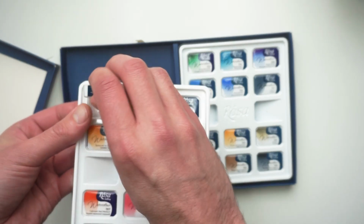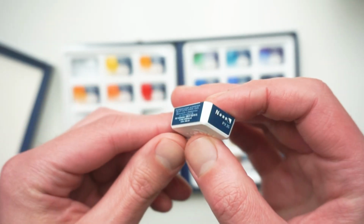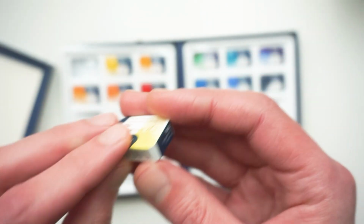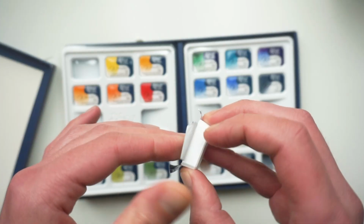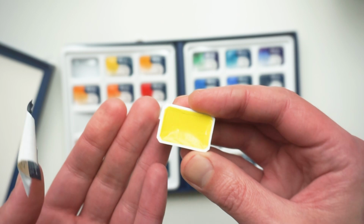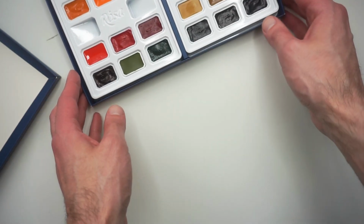So I grabbed the 24 color set, which comes in a cardboard box, and each pan is in a plastic holder. On each pan you have all the information you need when it comes to watercolors. You have the pigment information, the lightfastness, the color names, how opaque or transparent they are, and the wrappers are in sticker format so you can tape them on the bottom of the pan or in your swatching